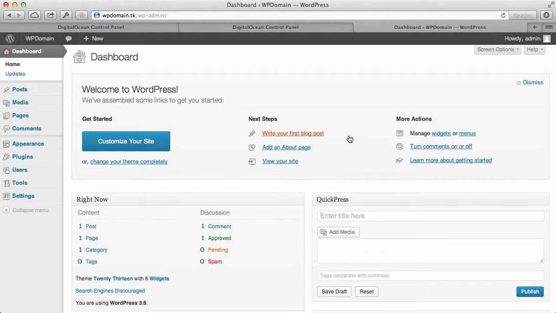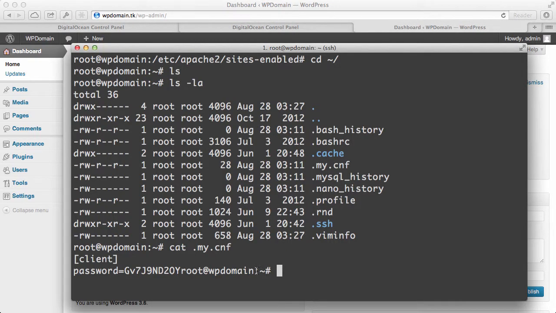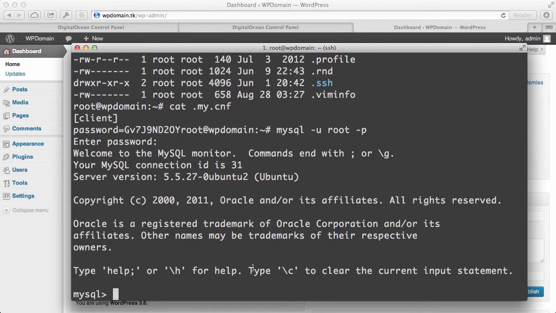I want to just do a quick overview of MySQL and how to manage that. So let's go back into the terminal. Now that we have the MySQL username and password, what we can do is just type in mysql -u root for the username and -p. And what we'll do is enter in this password right here. I'll just copy and paste that in since iTerm allows me to do that. And it should bring you into the MySQL console where you can start to manage things and see what the